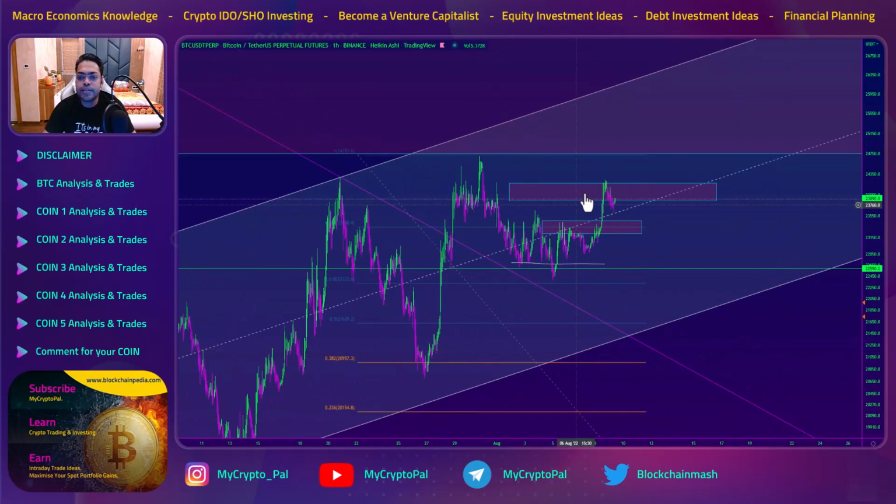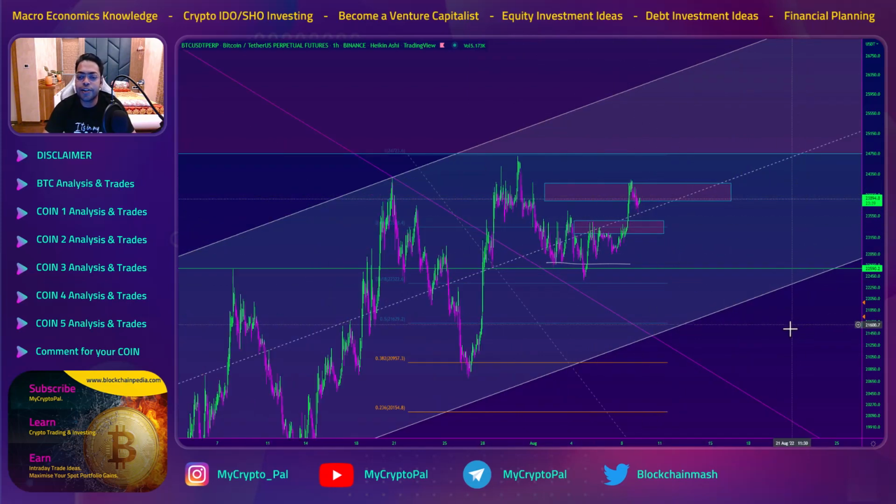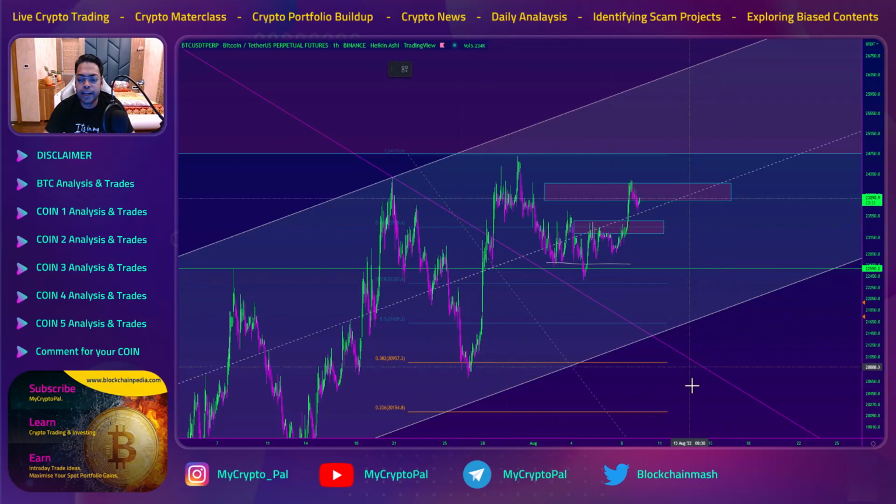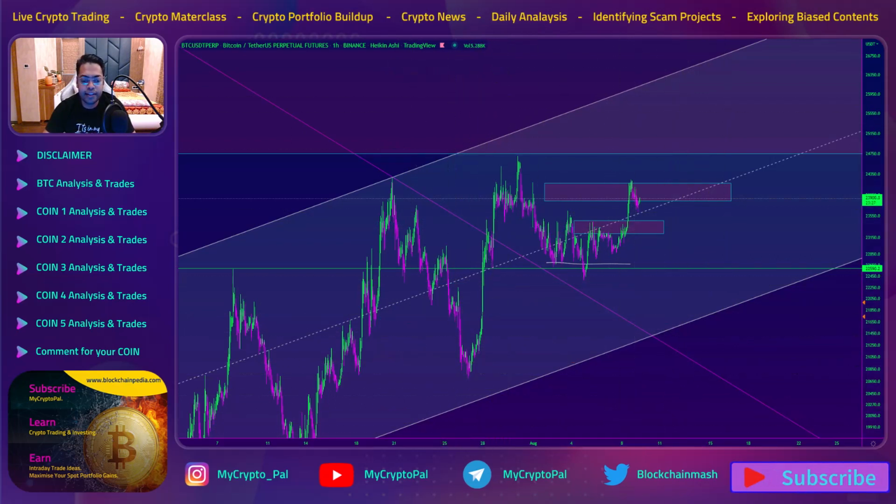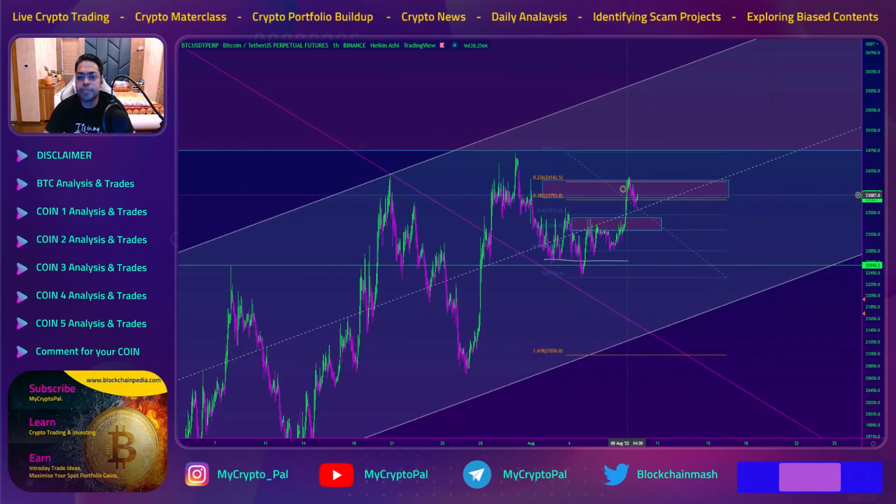Now you can see price has rejected from our second layer of liquidity that I drew last week. So this is how you focus price, and this is how you try to analyze how price will behave. You can see that analysis was spot on, and if you manage to do this, then there is nothing which can stop you. Now price has come to our golden pocket region, but I don't see any corrective pattern forming yet.